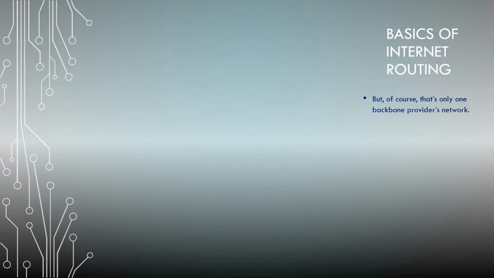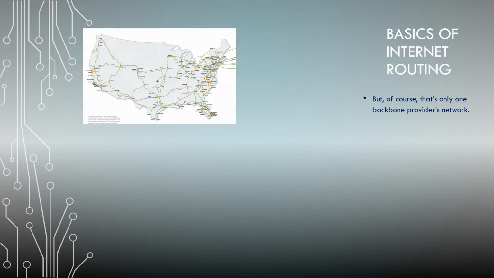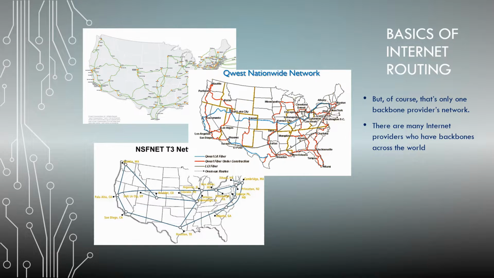All right. But that's only one backbone provider network. That is one company who owns all of those cables. There are many internet providers who have backbones across the world, and again, we're talking the United States here because those are easier maps. So here we're going to show 3 different backbone providers. These maps may or may not be accurate and up to date. That's not the point. We're going to show you how this works. Okay? So your web page request may need to go between multiple companies, multiple backbone providers in order to service